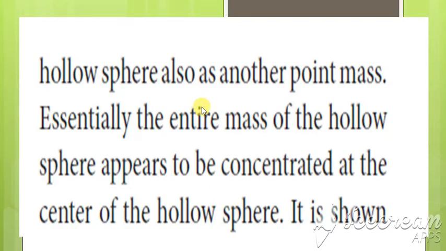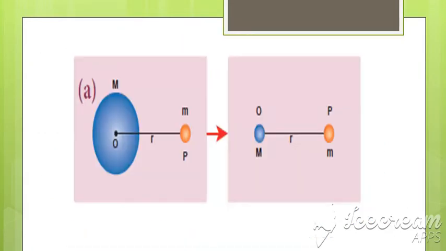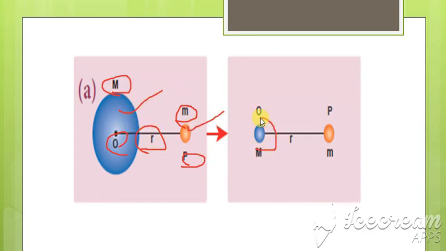So we are considering two point masses, and the entire mass of the hollow sphere is at the center. So this is the point mass. This is a sphere and this is the other sphere, and we are considering the masses to be m and M. This is at a point O and this is a point P, and the distance is considered to be R. Between these two, this is also considered to be a small hollow sphere that has a mass capital M.